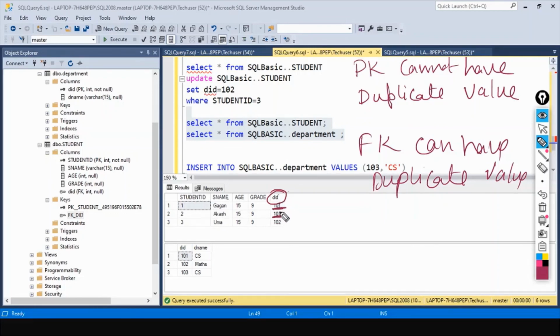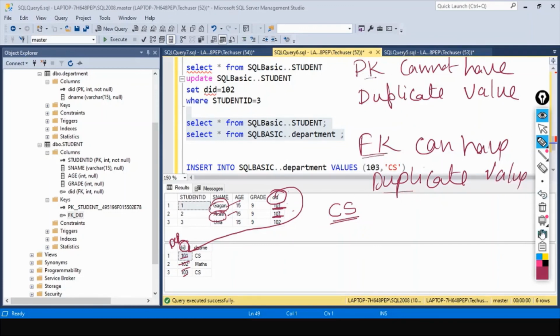So this can be duplicate, but you are referring to this column as the primary key in the department table. This can't have duplicates, but the foreign key can, because two students can refer to the same department. Gagan and Akash are from the computer science department. That is what we are saying. I hope this point is clear. Primary key cannot have a duplicate value, but foreign key can have a duplicate value.